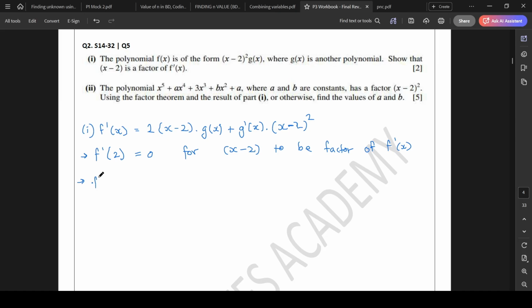If I put my 2 into the equation, 2 minus 2 over here will become 0, and over here also 2 minus 2 will be equal to 0. So you can just do 2 times (2 minus 2) times g of x, plus g dash x times (2 minus 2, which is again 0) the whole square. So this is indeed coming out to be equal to 0, and then you can conclude that therefore x minus 2 is a factor